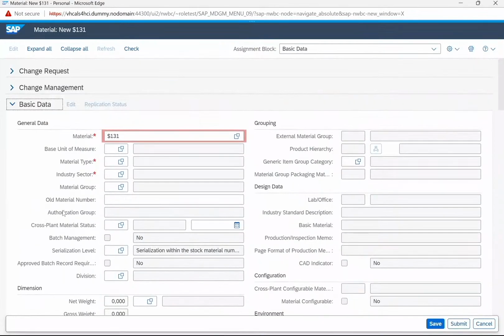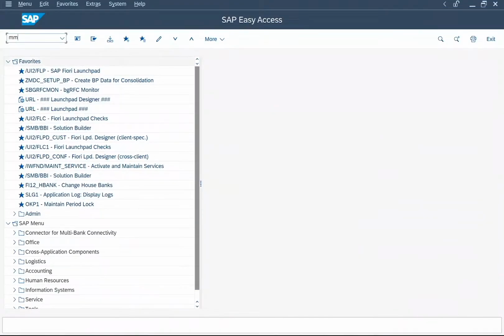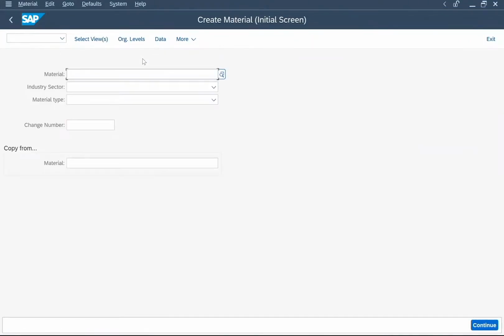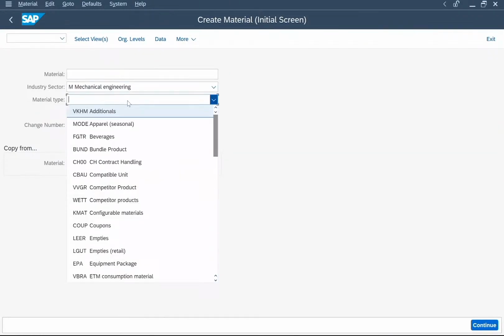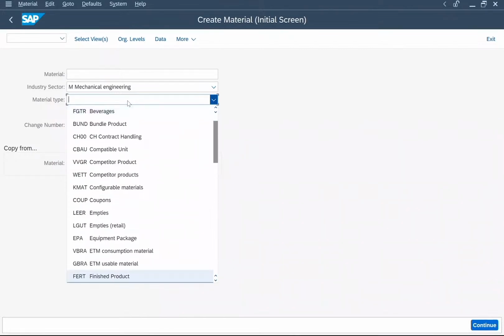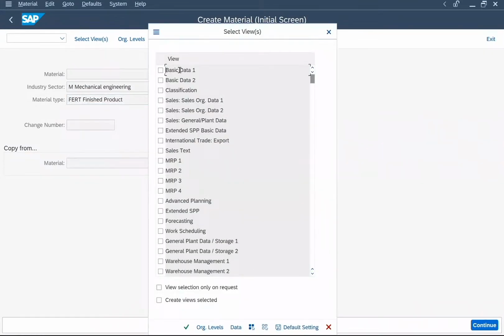It's a combined view of your basic data view 1 and view 2 in MM01. There are two tabs there. Let me show you here. If I go to MM01, I'll create a material of finished product. If I click continue,